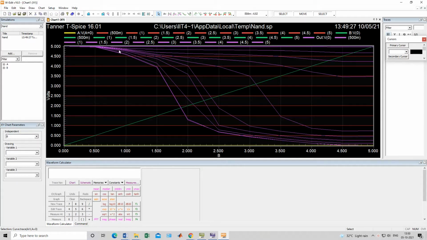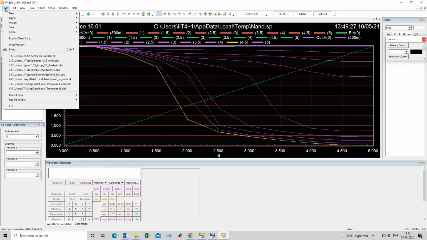And the output lines, you can see above in a different color, are the outputs we are getting at different A and B. I wanted to show you this just for knowledge purposes.